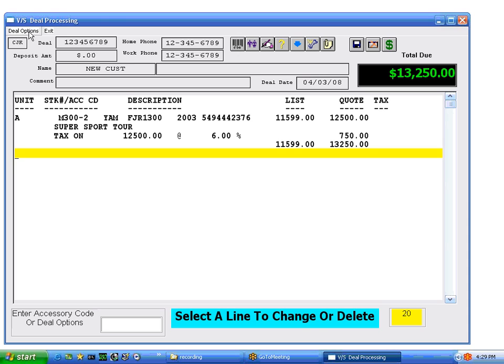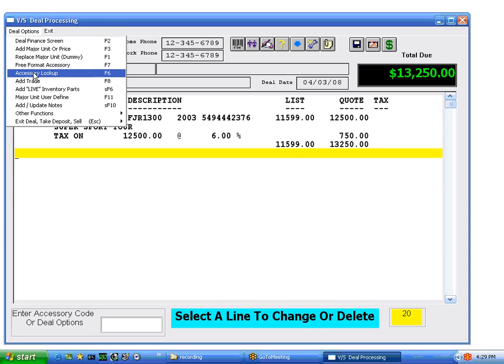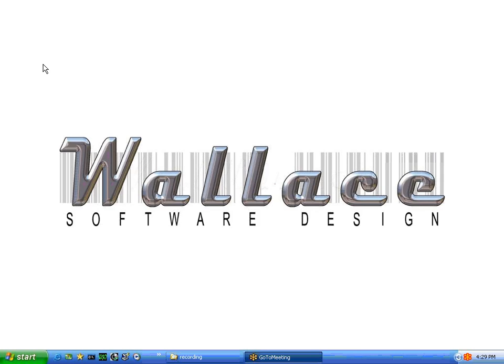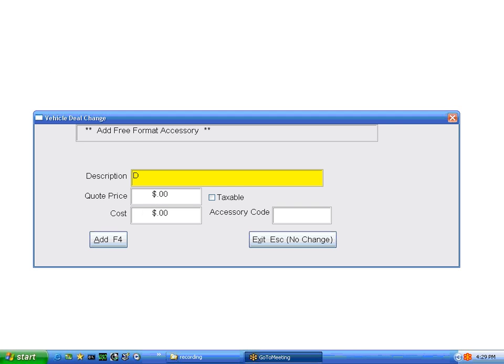Obviously, you know about some of these other things as far as taking a trade. You know about adding a free format, just typing whatever you want to type in. You could even just say, look, I'm going to give you $1,000 off. I'm giving you a discount for $1,000. And you can also do that right here. I can say,